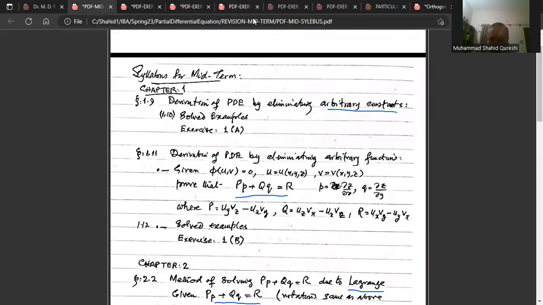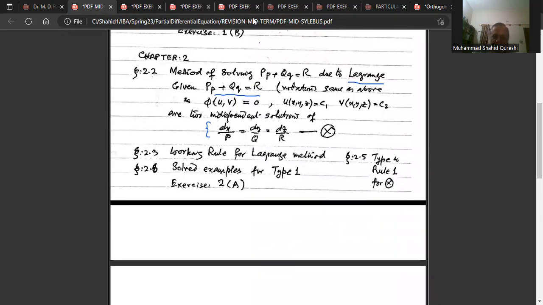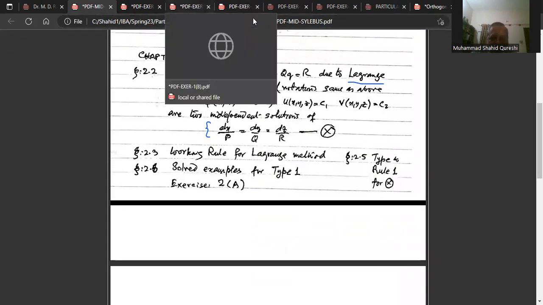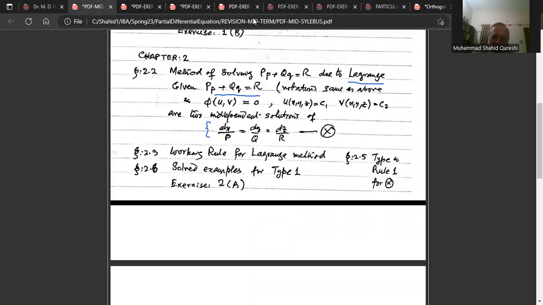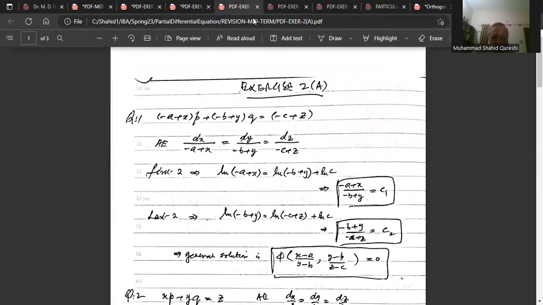Now, after the topic of forming partial differential equations, how to solve this kind of partial differential equations that we have obtained in chapter 1 using the Lagrange method. So our method is dependent on, given a differential equation, convert it to auxiliary equations, and there is a proof for how you get these auxiliary equations. But once you have this, you just apply them on the problems. A simple demonstration of that